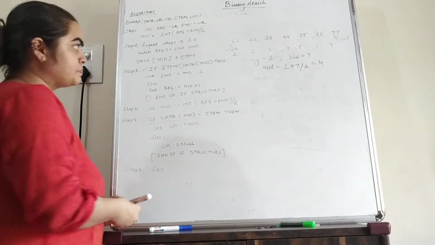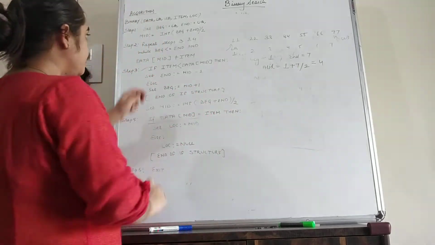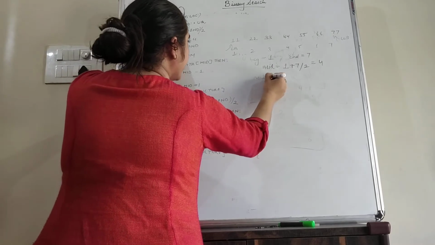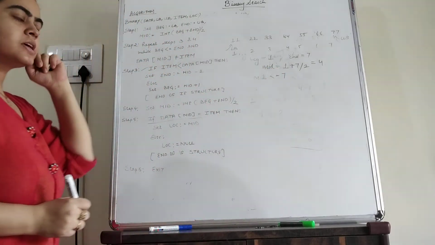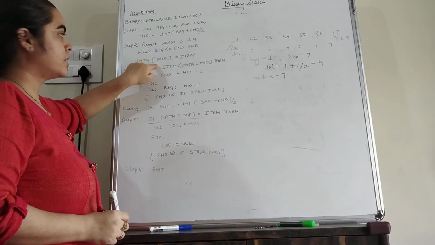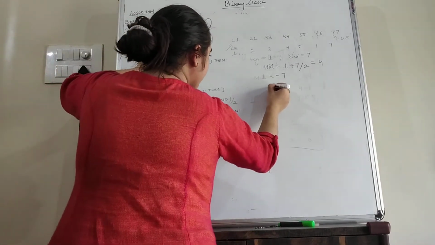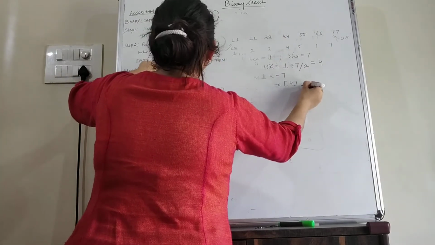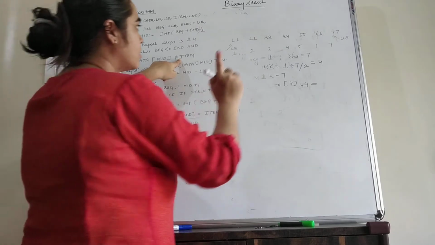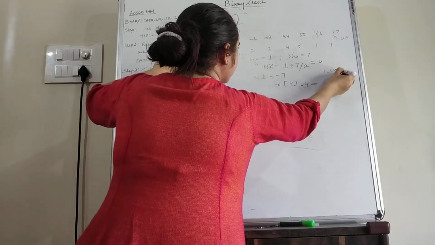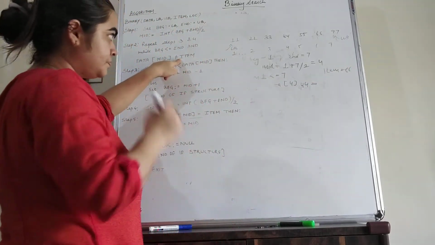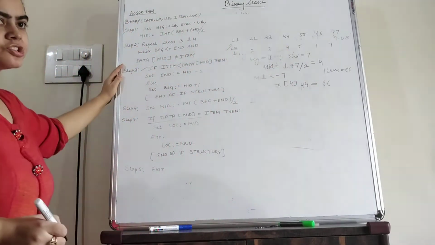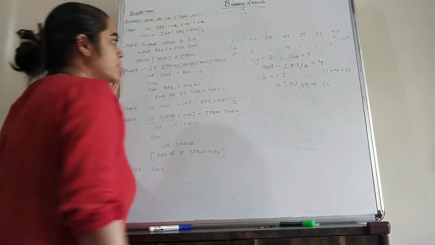Now you can see here mid is equal to 4, and now we can check this condition, beginning is less than equal to end. So here beginning is 1 and end is 7. So 1 is less than equal to 7, yes. Now we can check the second condition, data of mid. Data of mid means data of 4. So here the data of 4 is 44. So that means 44 is equal to item, no, because suppose in this example the item which we want to search is 66. So 66 is equal to 44, no. That means again this condition is not satisfied because 44 is not equal to 66.